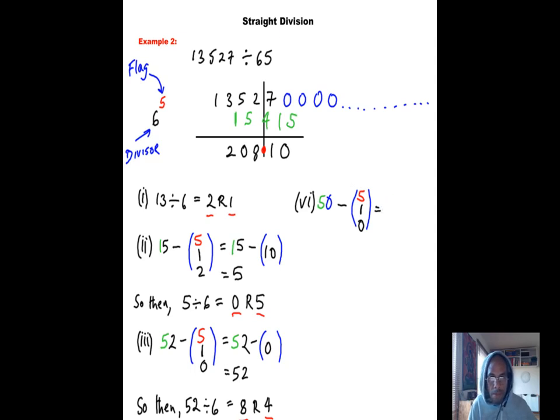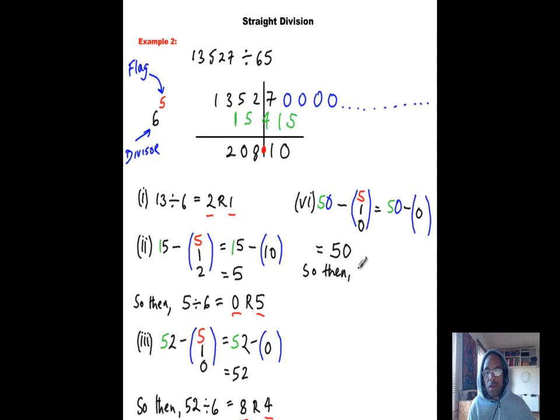Okay, let's write it out in full. Take away, put 0 in here, and that just comes to 50. I'm going to write that in black. So then